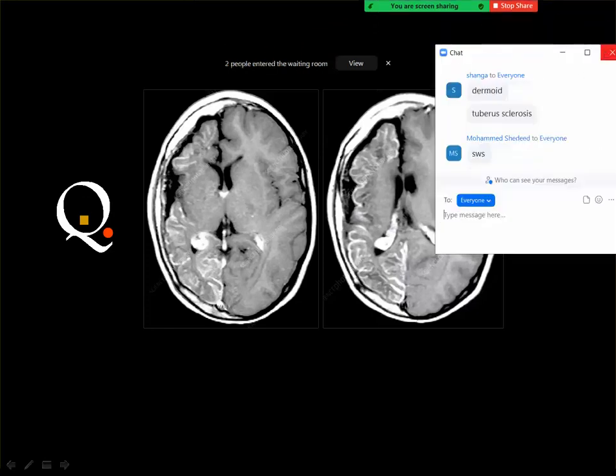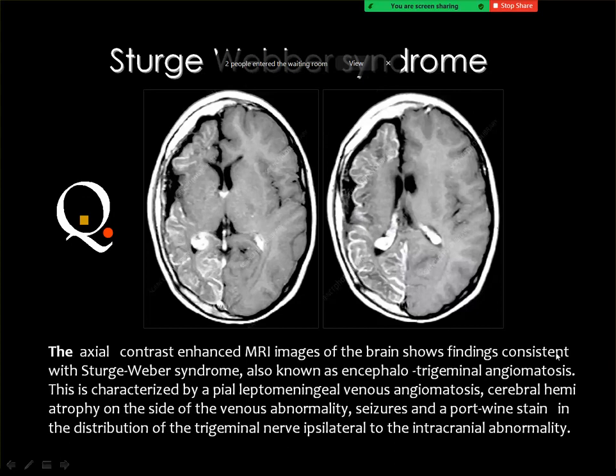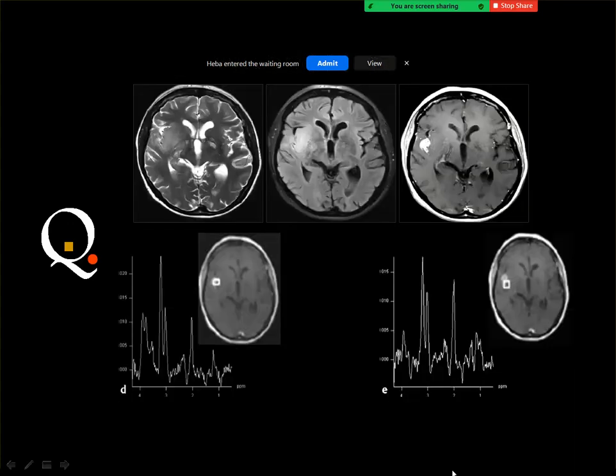Yes, and this is the right answer. A classic case of Sturge-Weber syndrome. There is the cortical gyral pattern of enhancement, and this will appear on CT with some calcification associated with ipsilateral loss of volume of the affected hemisphere and enlargement with a strong enhancement of the choroid plexus on the affected side. Next case,